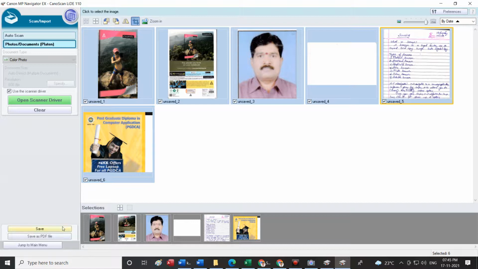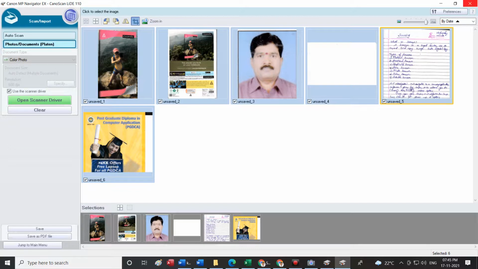All of you please look at the monitor. Here is an option. This allows me to save the scanned documents or photographs into JPEG format. The second one will help me to save it as a PDF. There are two options. When I save it as a JPEG, I can save individual files by giving each a separate name, or else I can select all of it and say save a file. Give a file name. The file name will automatically start being numbered with the first photograph with a digit 1, second photograph with a digit 2, third photograph with a digit 3.